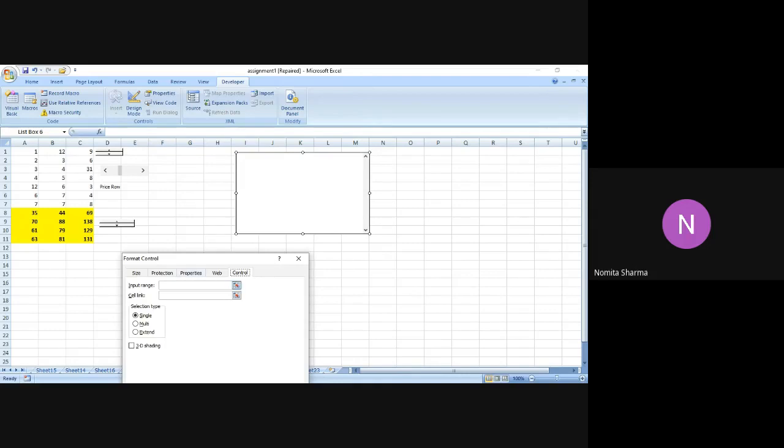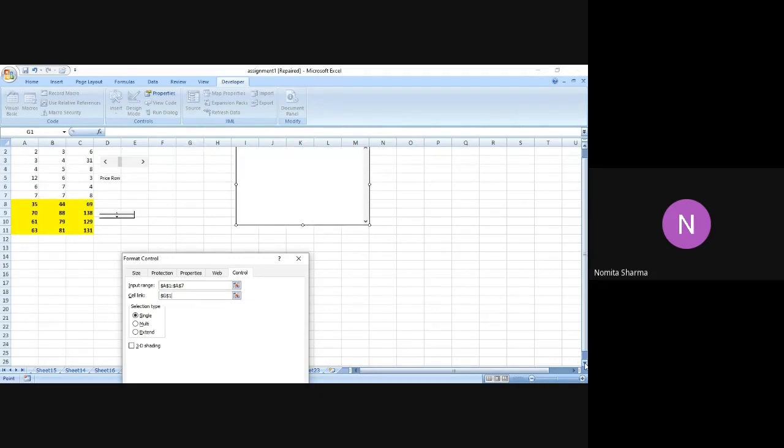So for that, I have these two boxes, two bars over here. In the very first bar, I will mention the input range. Now I can mention any list of the numbers which I want to highlight in this particular box, right? So for example, I write this particular list over here, starting from A1 to A7. And in cell link, I will put the function over there, because G1 is the same cell which I have written in the cell link. I will have to write the index function over there to actually fetch the position of the value that is there in the list of the numbers.